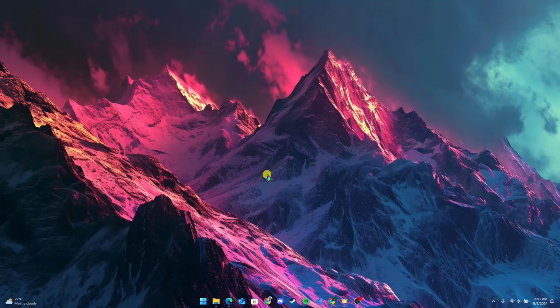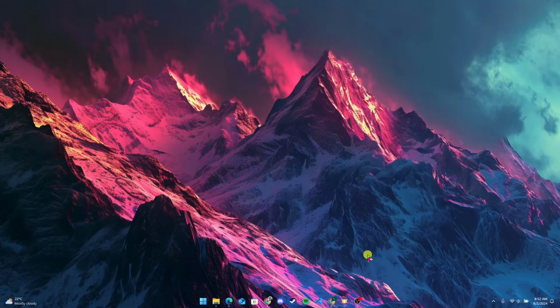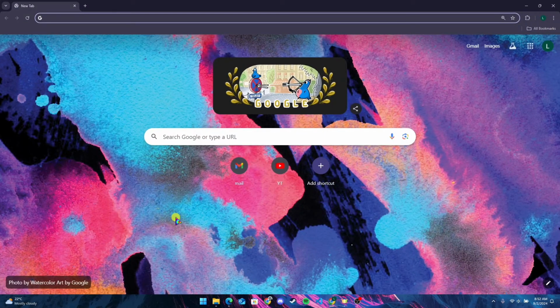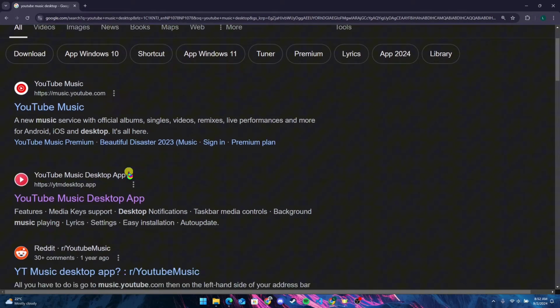In this video, we are going to learn how to download YouTube Music application on a PC. First of all, make sure that you are connected to your internet. After that, open up your preferred web browser. Now, at the address bar, type in YouTube Music Desktop and click on the link which is of